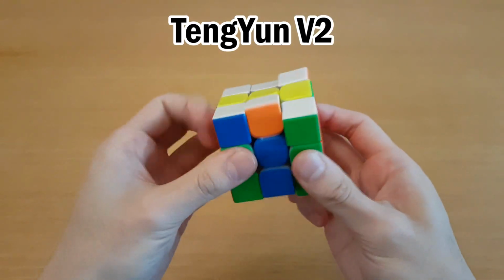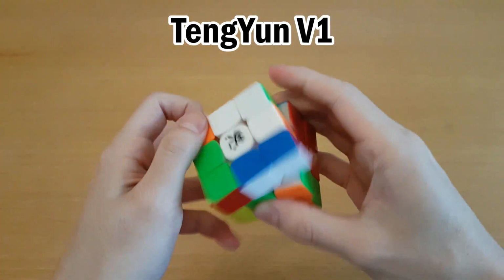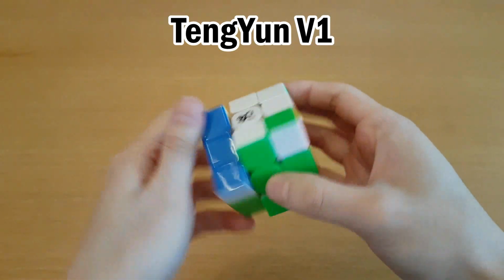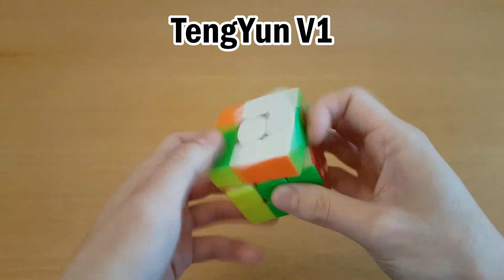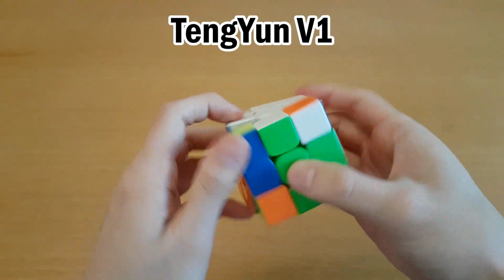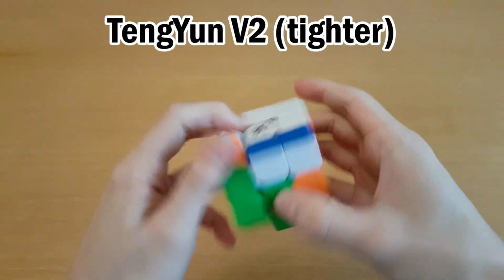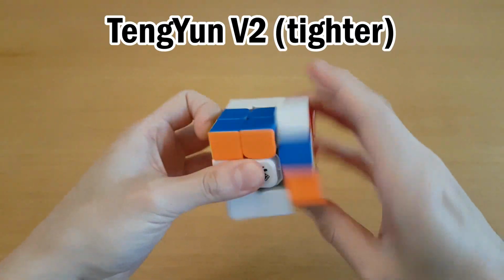One of my favorite things about the TengYun version 1 is how quiet it is. On top of that, it's also pretty low pitched, but that's my TengYun version 1 out of the box. Here's the one I've been using as my blindfolded main. I feel like cubes get louder as they get older, and I'm pretty sure they also get louder if you make them looser. The volume is kind of similar, but it also depends on the settings,